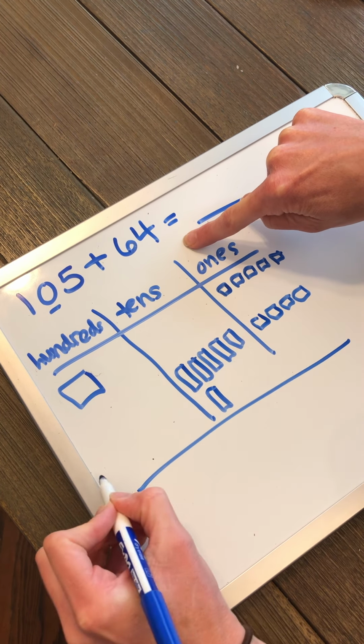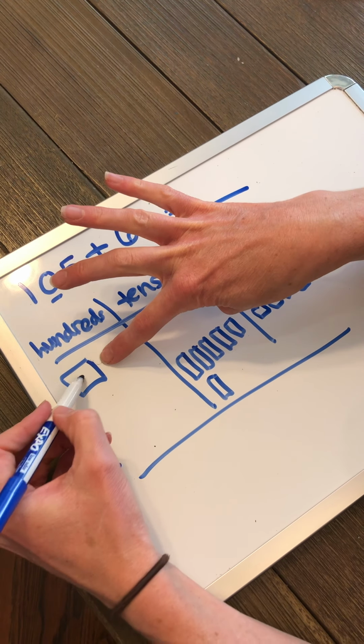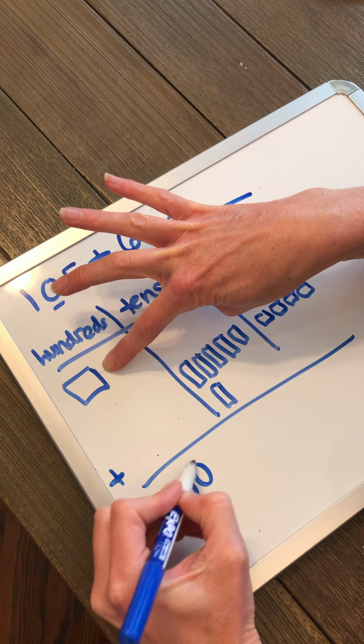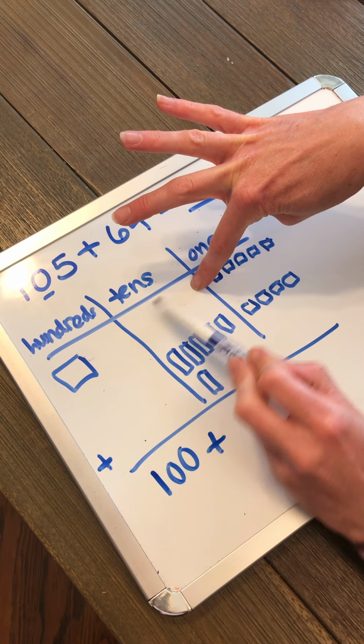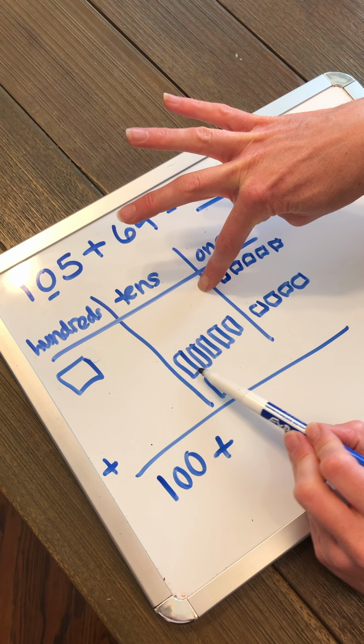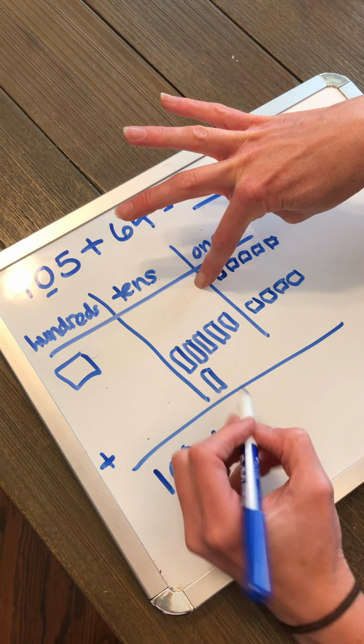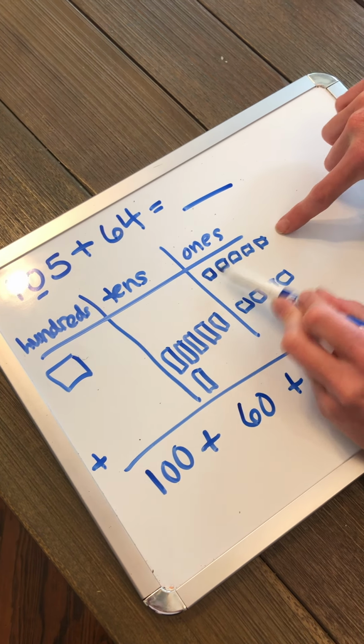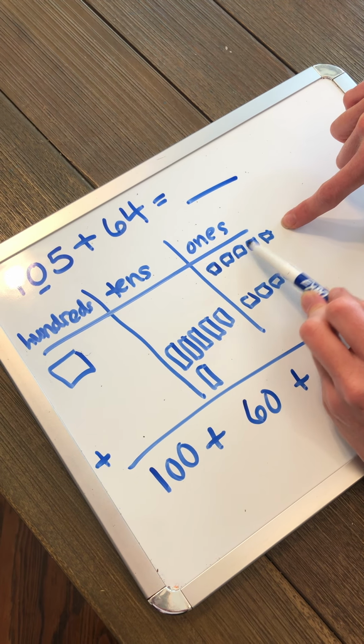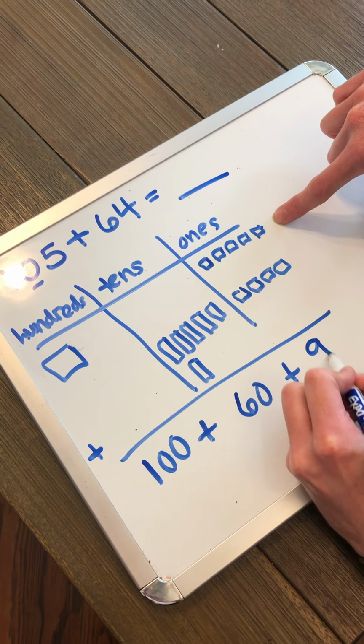So again, adding means combining like values, so 100 plus no other hundreds is 100. No tens plus 6 tens is still 10, 20, 30, 40, 50, 60. And then 5 ones plus 4 ones is 1, 2, 3, 4, 5, 6, 7, 8, 9. So my sum should be